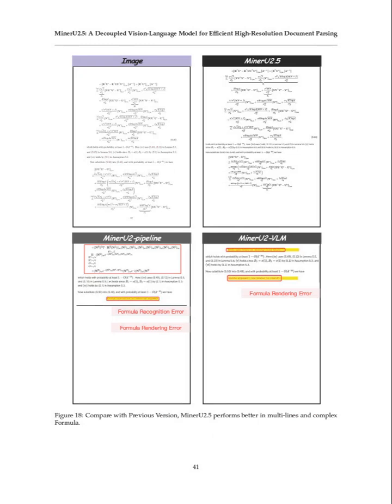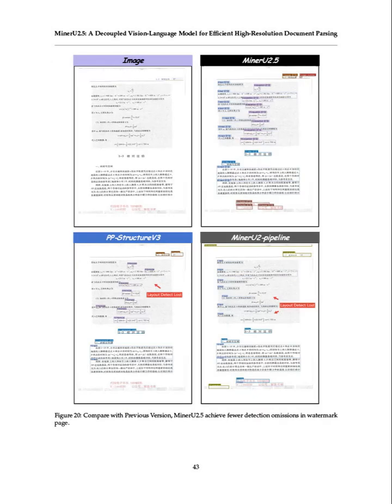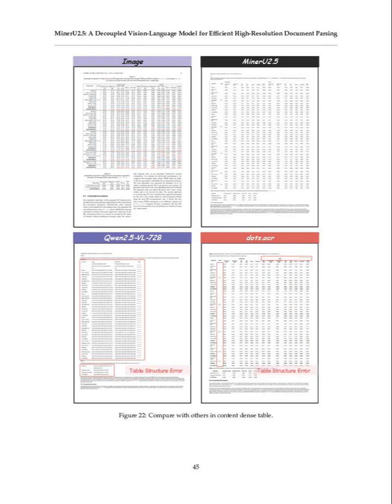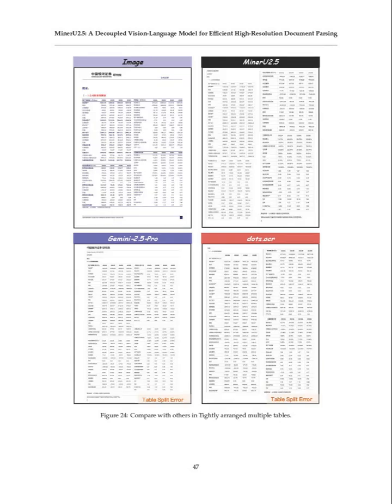RAG systems work by retrieving relevant chunks of information from a knowledge base, often built from documents, to help an LLM generate accurate, grounded answers. The accuracy of the retrieved chunk is paramount. Absolutely. If the document parser used to create that knowledge base was inaccurate, the RAG system indexes erroneous or incomplete